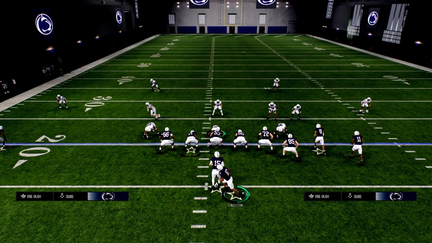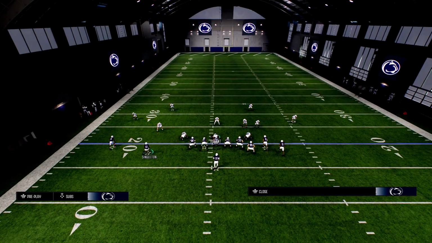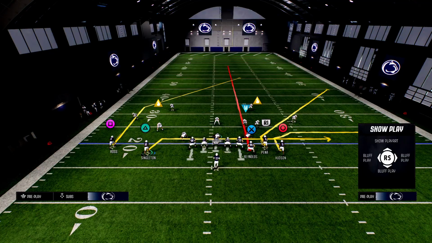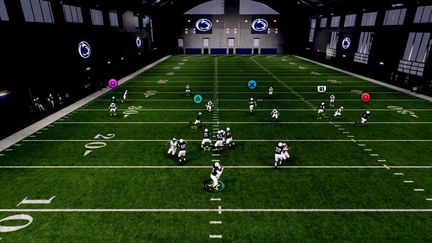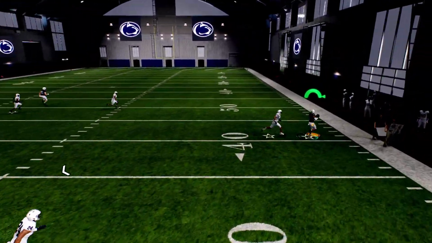Another way you can run this play is you could leave that tight end on the streak and motion this guy out, put him on a drag. Both of those are setups that I like. And you're going to see here that we're going to be able to attack that right sideline with that stem